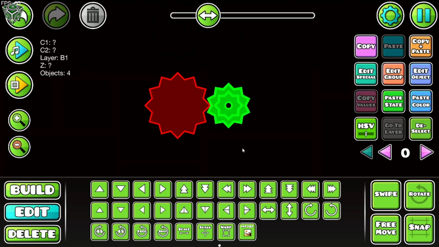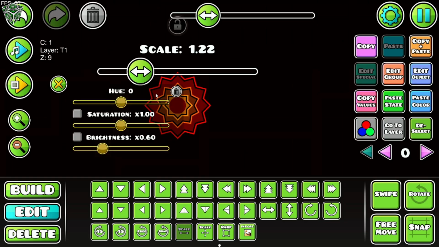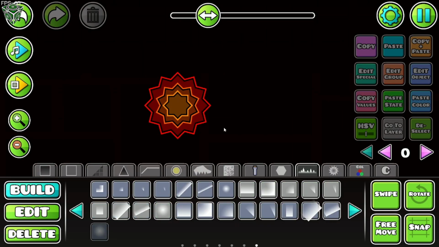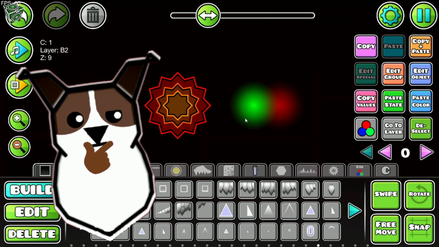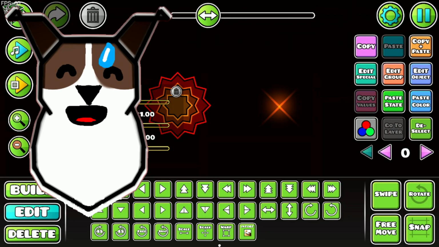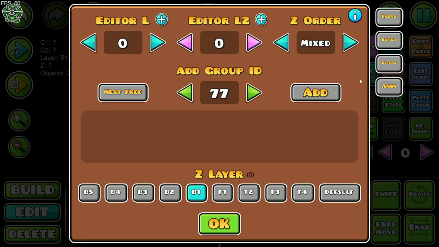Then I'm gonna just assemble all of this. Take this circle, scale it down, and also give it the appropriate hue. Now, I'm gonna add glow to this. I had some interesting ideas for this glow, but they didn't really work that well, so I just caved in and did something generic. Then I'm gonna make it so that these saw blades have group 70...